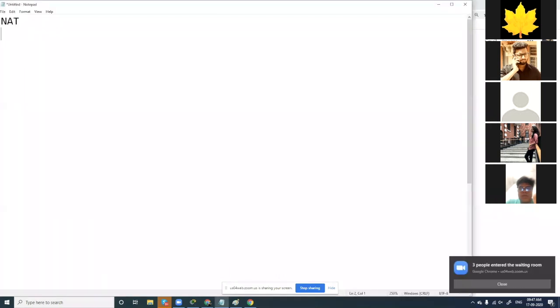So what is NAT? NAT is network address translation. It's a very funny concept here. It actually works well with a lot of hiding features like proxy and other things. We have a lot of different types of NAT which we can look into, but as of now, we are going to look only at a simple NAT. I'll tell you what a NAT is.